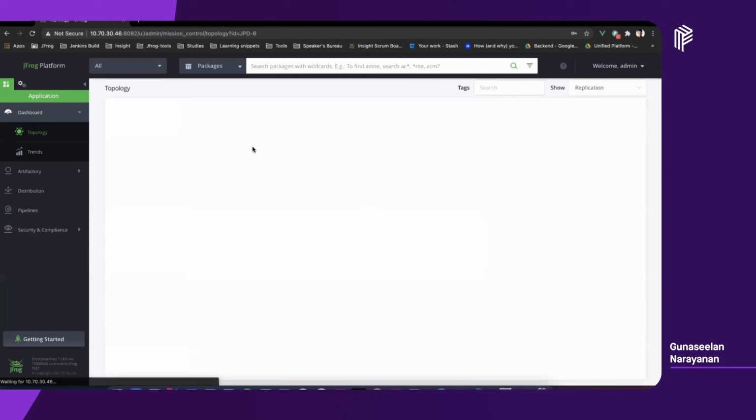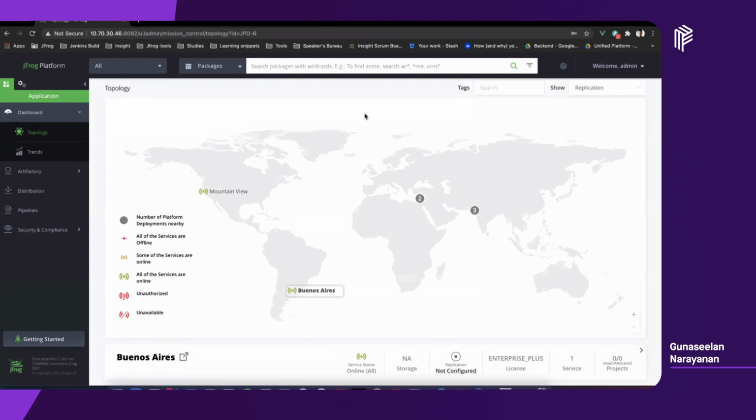So this is a JFrog platform where we have a dashboard showing a map of all the interconnected JFrog platforms between them. So here is the map which has markers on Buenos Aires, Mountain View, and we have 3 on India, and we have 2 on Israel. And we show the status of the platform and how much storage it has used, and